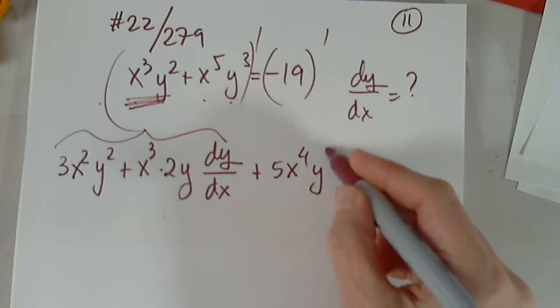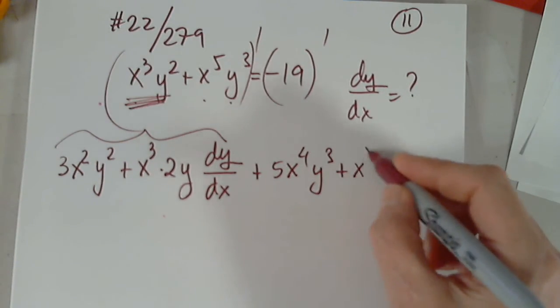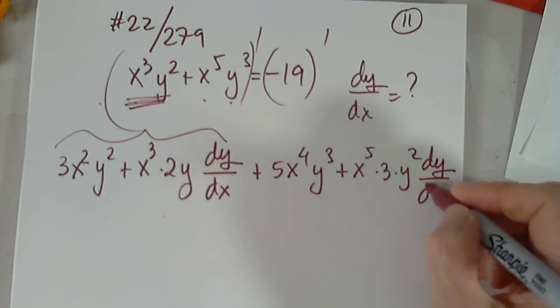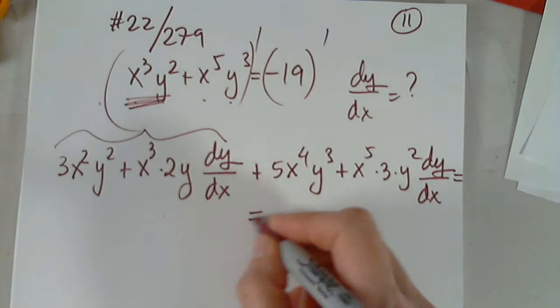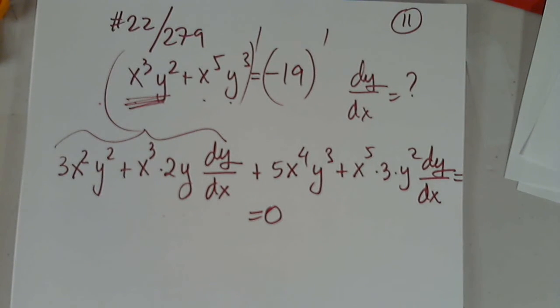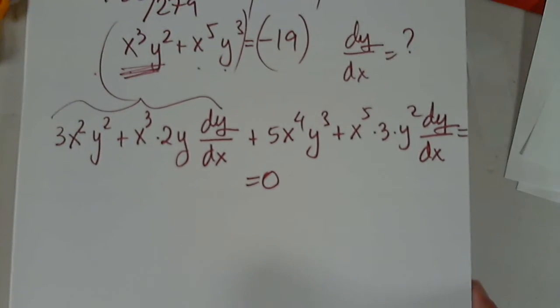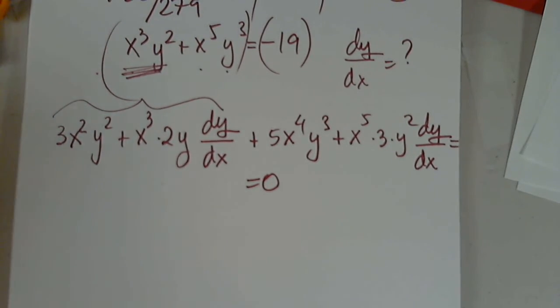Now I'm here. 5x to the fourth y to the third plus x to the fifth times 3 times y squared times dy over dx. I ran out of room, of course. It's not unusual. Equals 0. Don't forget to write equals 0, otherwise you will not be able to solve for anything. So at this point,